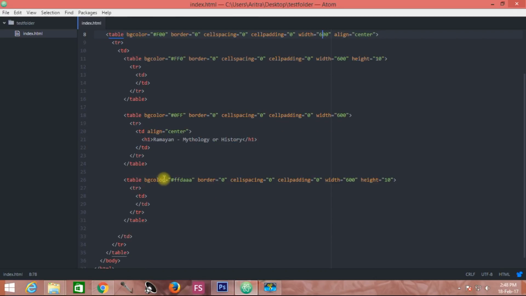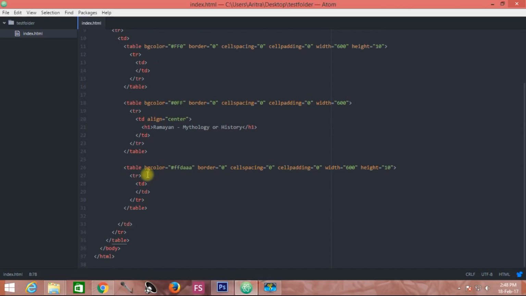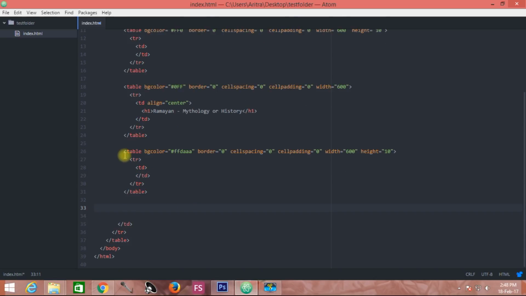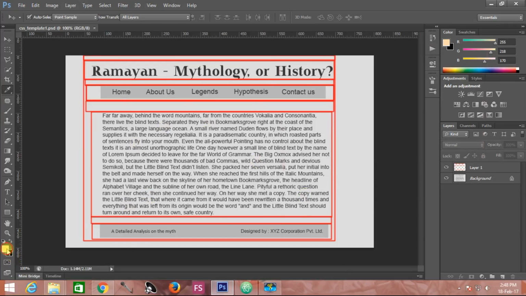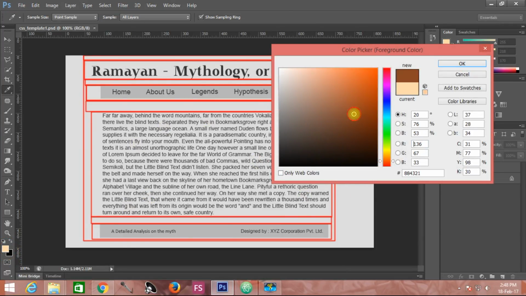Now here comes the matter of calculation. So far you haven't provided any such kind of table over here. So first of all, just create that table. As I have told you earlier, just copy this code, come back over here and paste it over here. Now change the BG color. Suppose I am changing it to this one, or say this one.